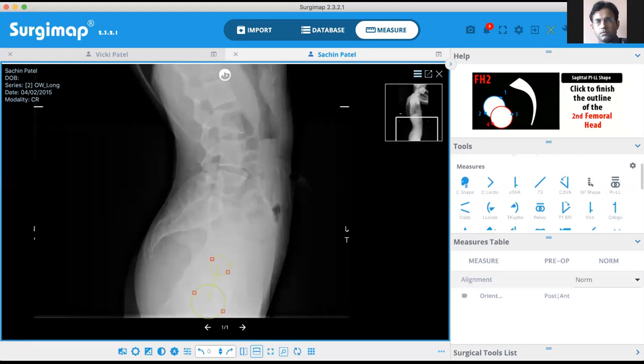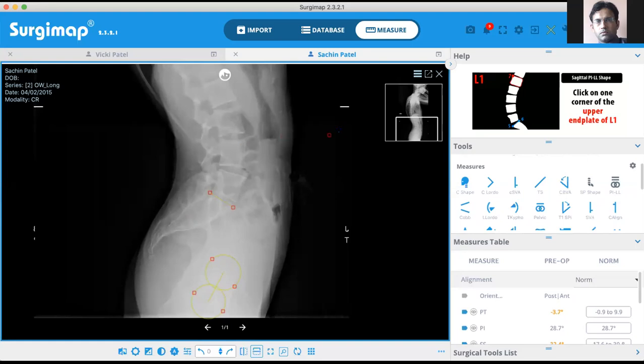And once I click on that, I move my cursor, then it will encircle the second femoral head, and then it will take into account this center point over here, because both the femoral heads are not overlapping. So it will take into account the center point of this line. Then the anterior corner of the S1 and the posterior superior corner of the S1. That's done. Then I have to go to the L1, and